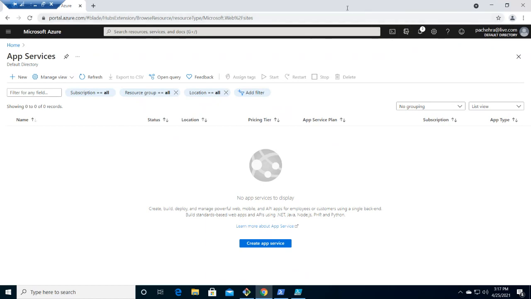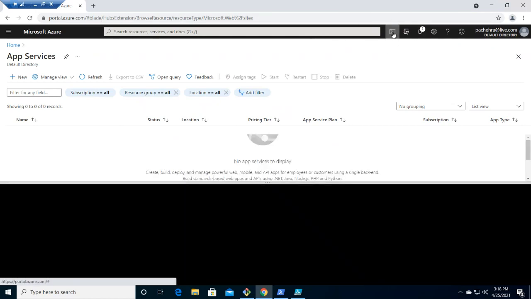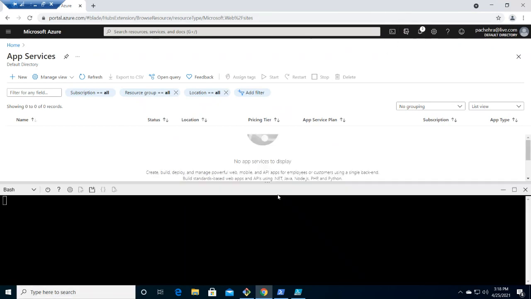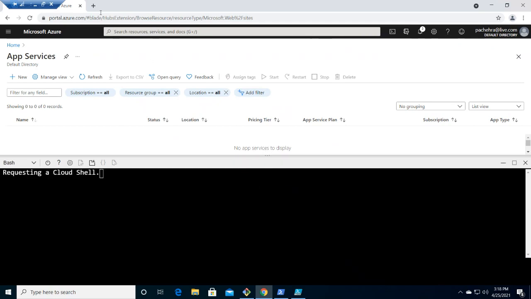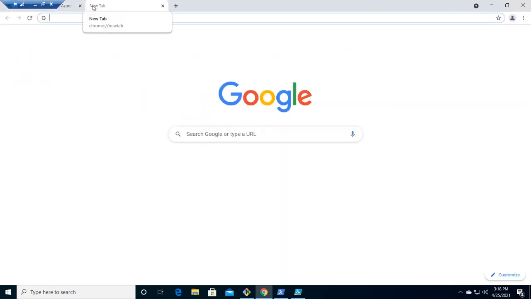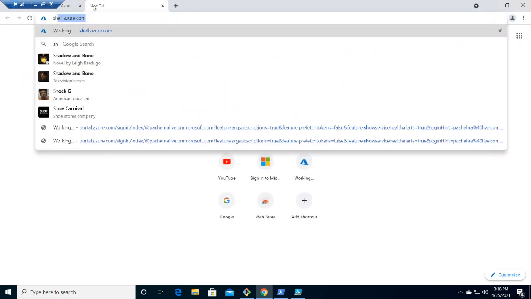If I click here at the top, it will give me the Cloud Shell. Since I'm doing this session, it's better if I open another tab and type shell.azure.com. It will give me the shell as a complete window.